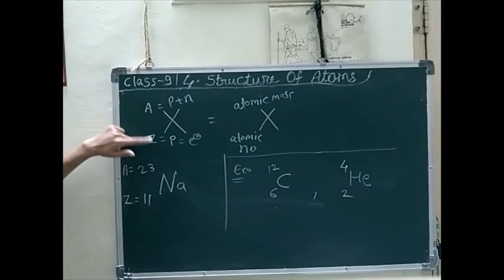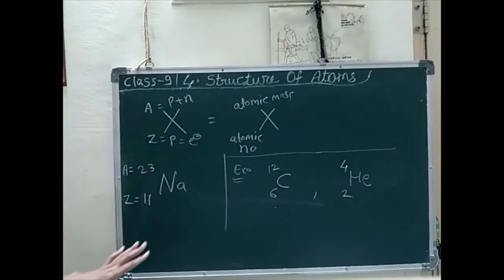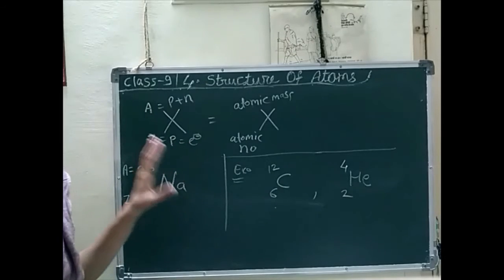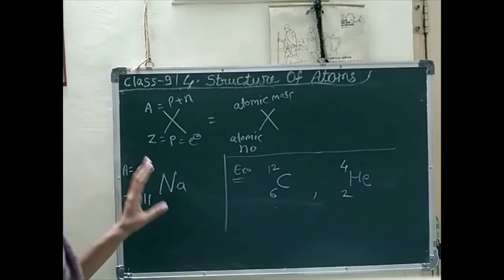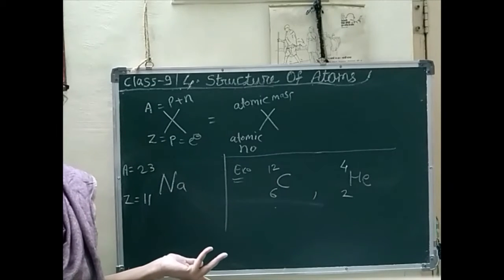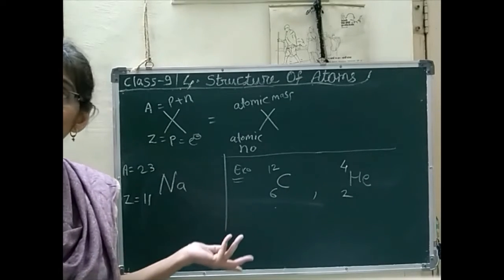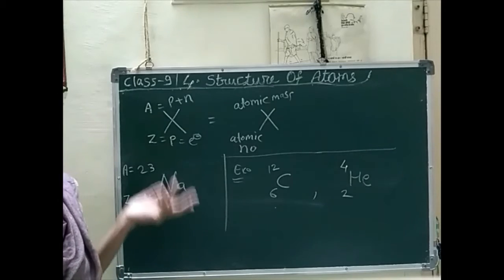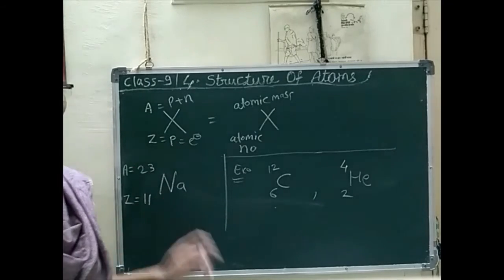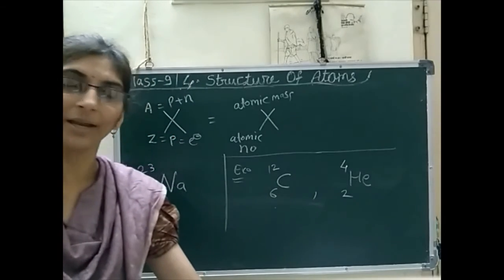It is at the bottom. A to Z, in this manner you have to write it down. So you can remember this very easily by practicing for each atom. By writing atomic mass and atomic number, you can use the periodic table also, and read this topic from your textbook also, how the atomic mass and atomic number can be written for each and every atom.